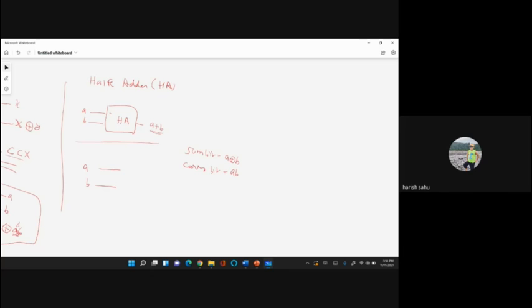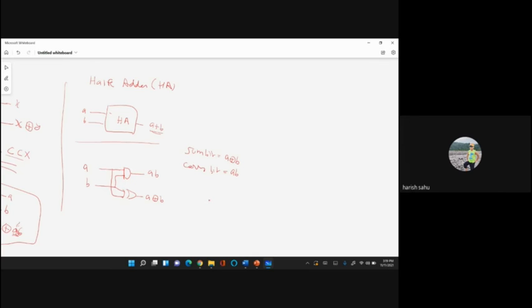So here we are taking A and B as notation. If you want to implement this half adder, then you need an XOR gate and an AND gate. Let's suppose we have this AND gate with us. We apply this AND gate, and what we will have here is AB, that is the carry. Suppose this is our XOR gate, and then what we will have here is A XOR B.